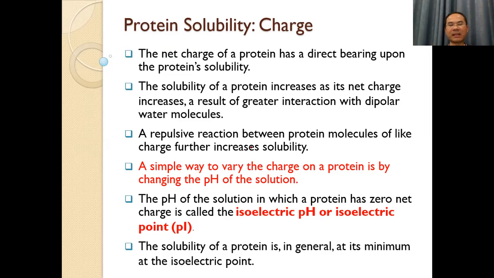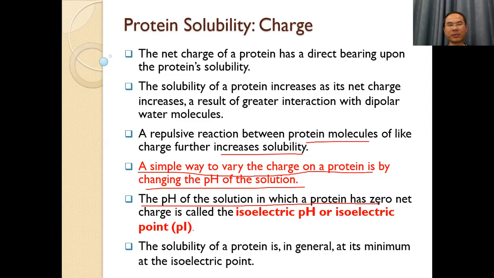Another factor is the repulsive reaction between protein molecules, which also increases the solubility. A simple way to vary the charge on a protein is by changing the pH of the solution. The pH of the